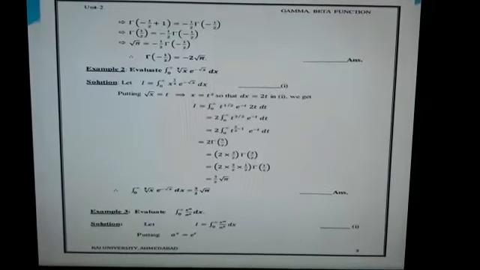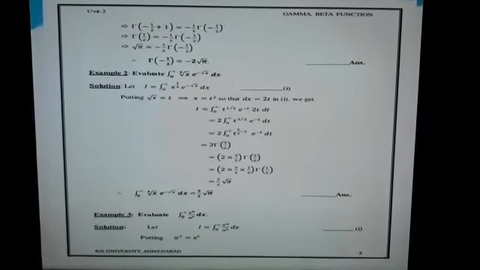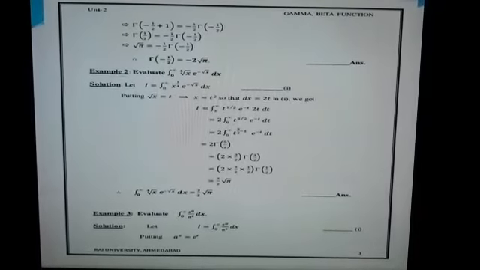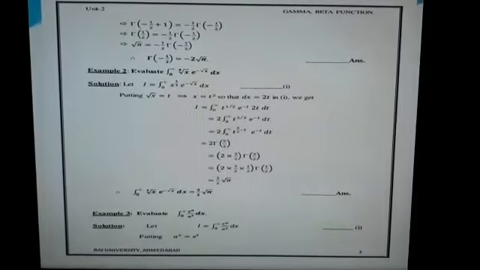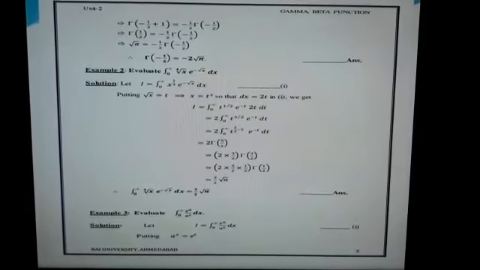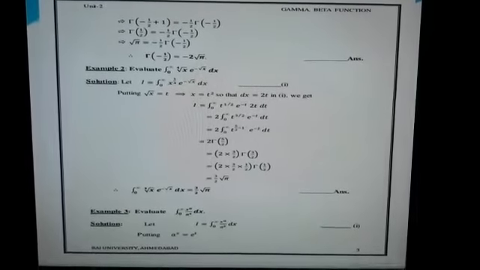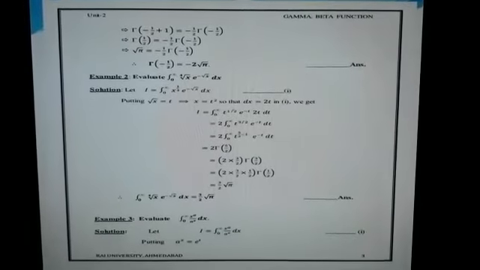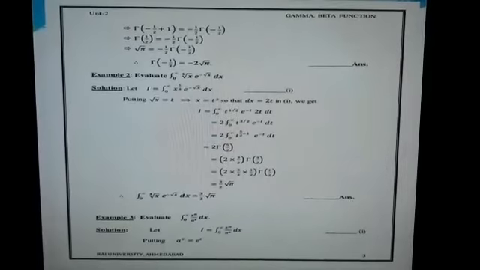We can take m is equal to minus 1 by 2. So in this formula we put m is equal to minus 1 by 2. So solving that, we get gamma 1 by 2. And then right hand side put minus 1 by 2, and solving we get under root pi, since we know that gamma 1 by 2 is equal to under root pi. So minus minus will be positive. So gamma minus 1 by 2 is equal to minus 2 root pi.